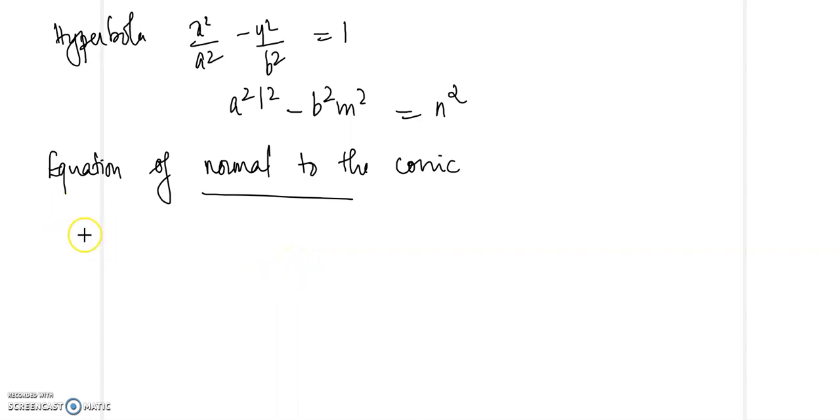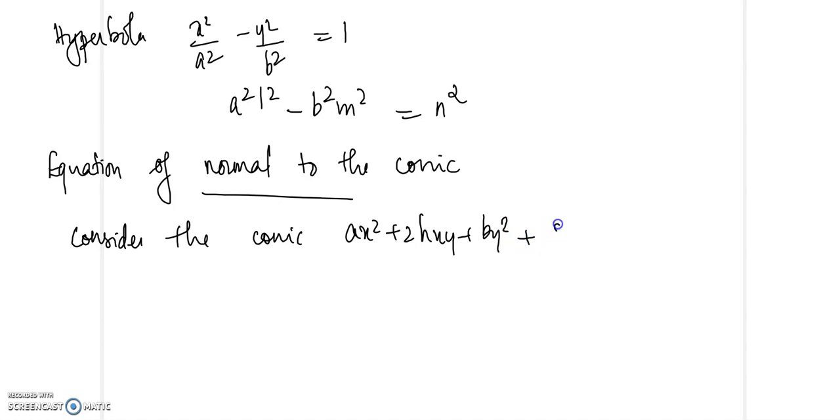So consider the conic ax square plus 2hxy plus by square plus 2gx plus 2fy plus c equal to 0. Then the normal is defined as